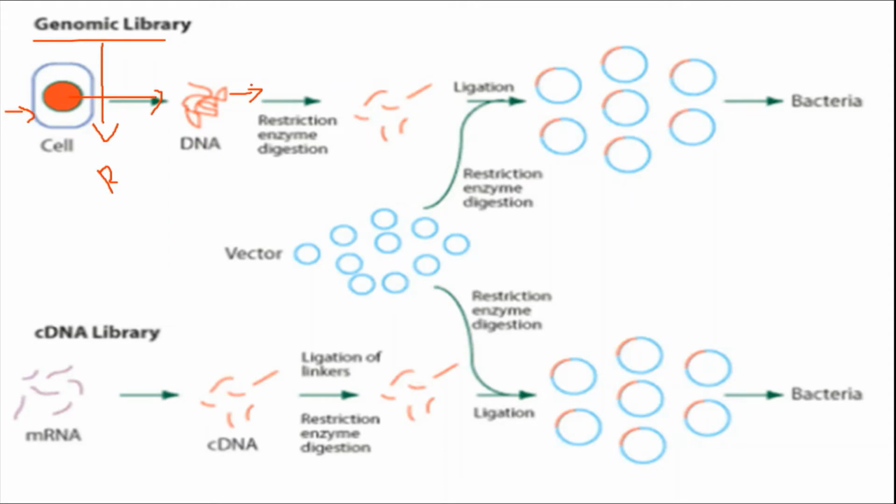The entire genome is cut with random restriction enzymes. Finally it produces fragments of various sizes. Maybe this is a long fragment, this a short fragment. Maybe it contains one or more genes, maybe it contains one gene, so we don't know. But we just get the fragments by using restriction enzyme. We can easily separate them by electrophoresis and identify how many fragments there are in the given genomic DNA.